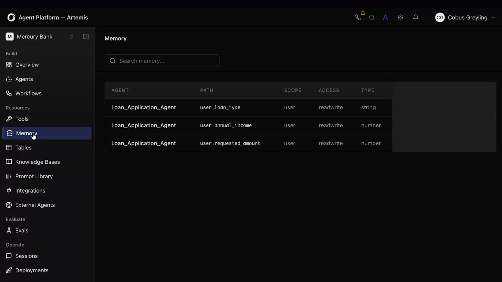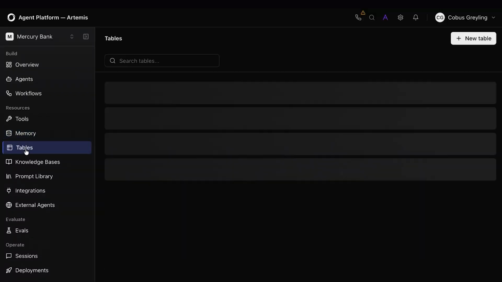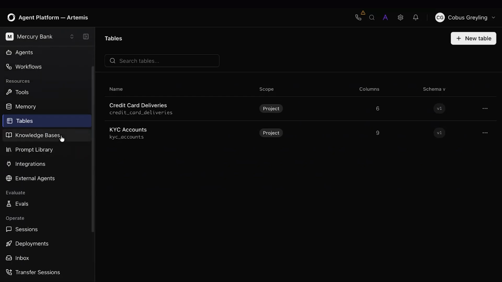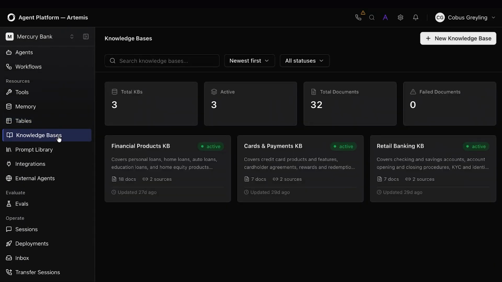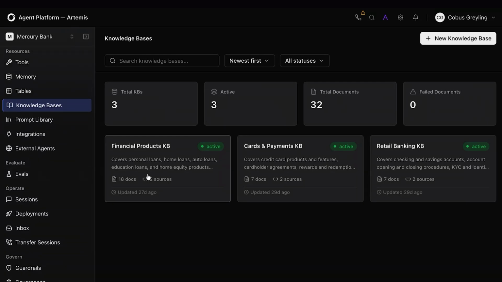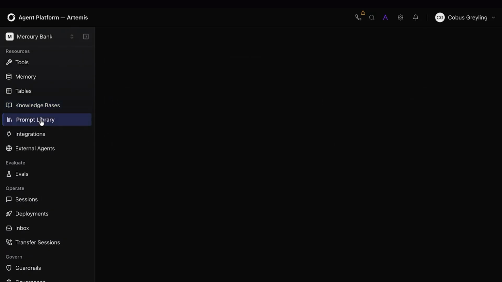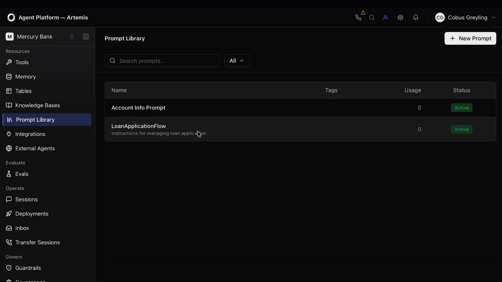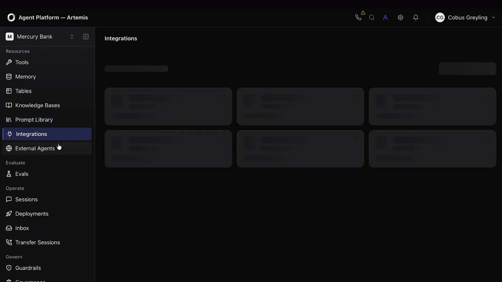You've got tables as well where data is stored. Knowledge base you can think of as the RAG implementation, retrieving information. The prompt library, that's something that's commonplace. You've got different integrations, and then you've got your external agents as well.